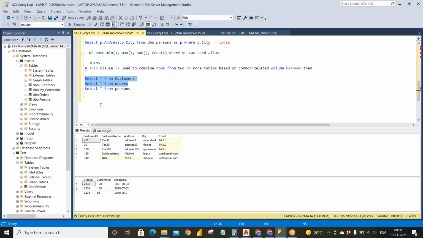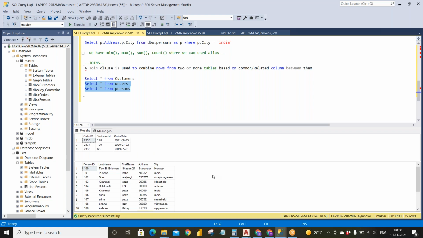I think you can understand this concept. Let's see the orders and the persons tables, whether we can join them. So I'll execute this too. There is an order ID, a customer ID, and an order date in the orders table. But in the persons table, I don't have any column which matches with the order ID.